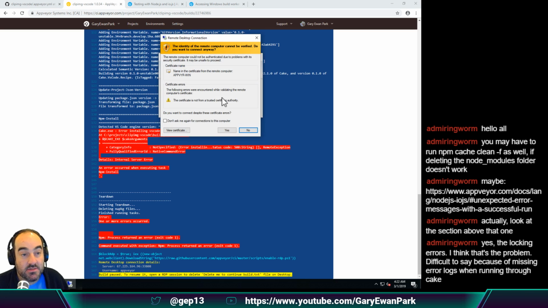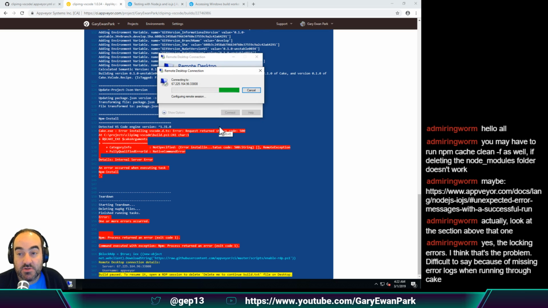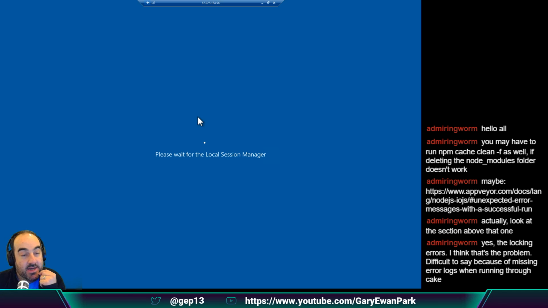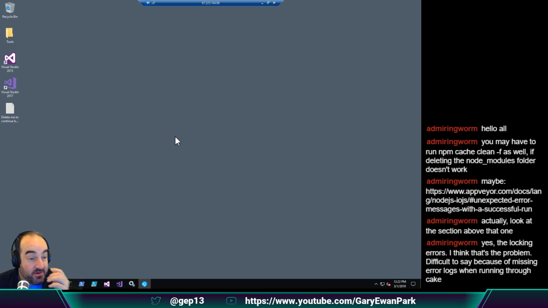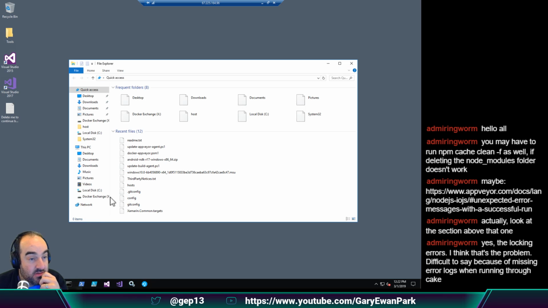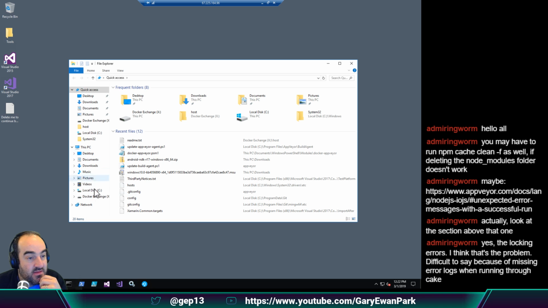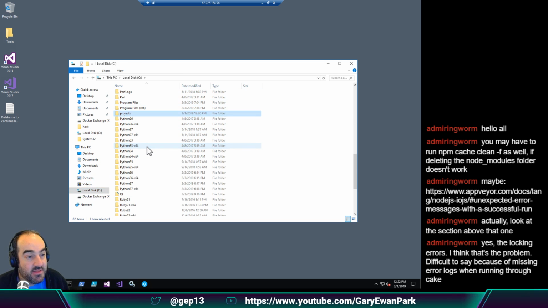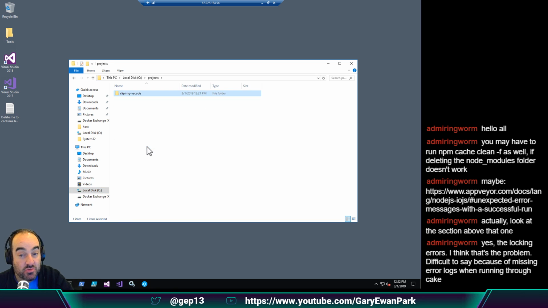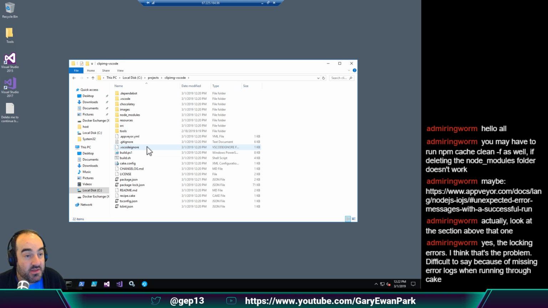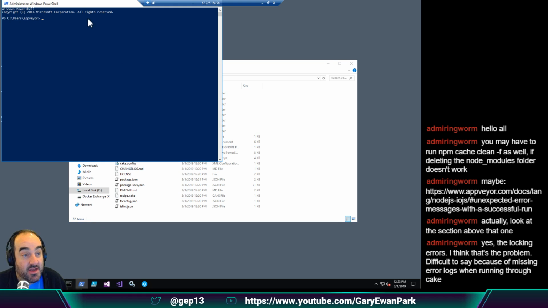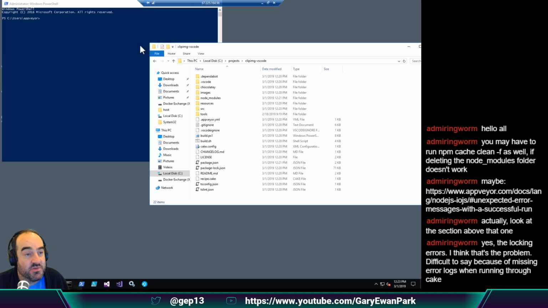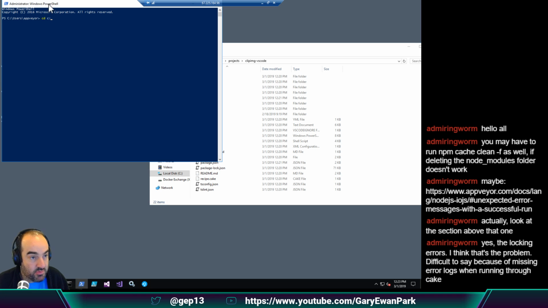So I'm going to log into this VM now. I'm going to say yes to that because I trust the certificate. And this gives me an RDP session into that AppVer host machine. If I go into the C drive and look at the projects folder, in there should be the source code that was git cloned as part of running the build. This is essentially the files that I have on my file system on the AppVer machine. So if I cd into projects